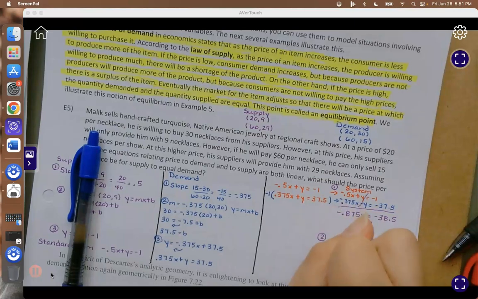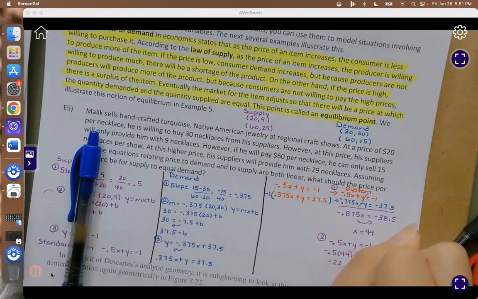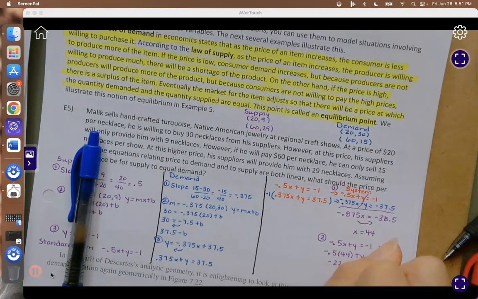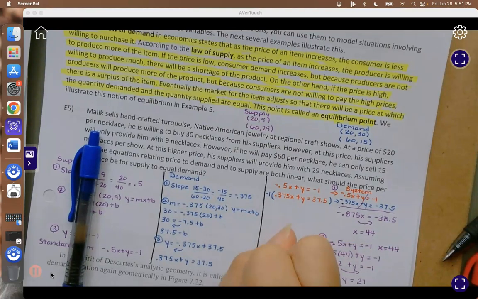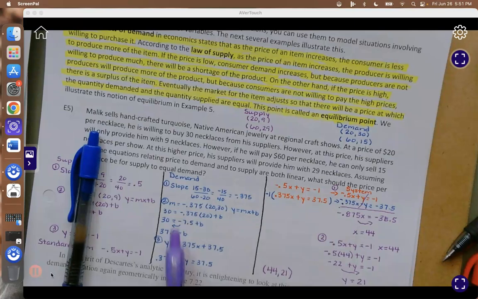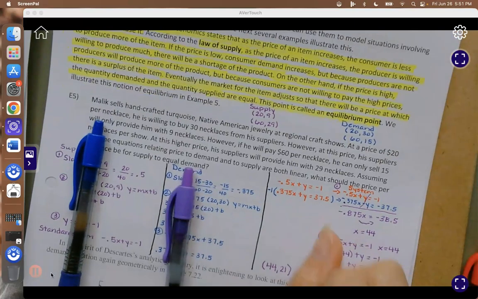So this will be -22 plus y equals -1. We move this over, so y is 21. So the magic point is 44, 21. So what this means is